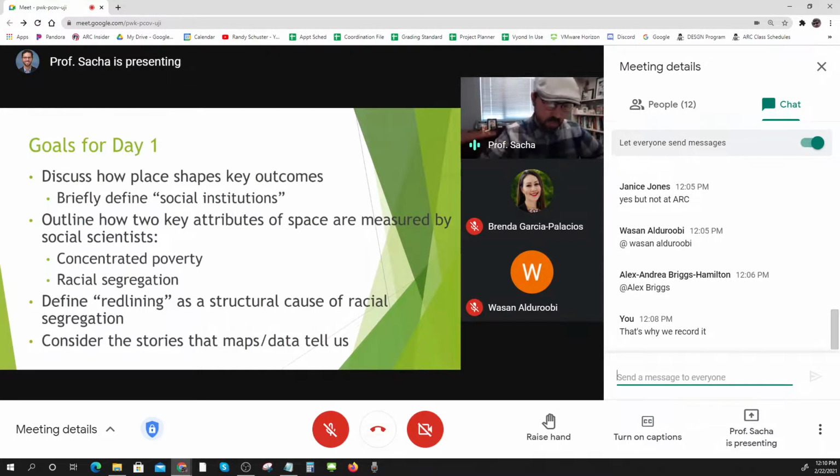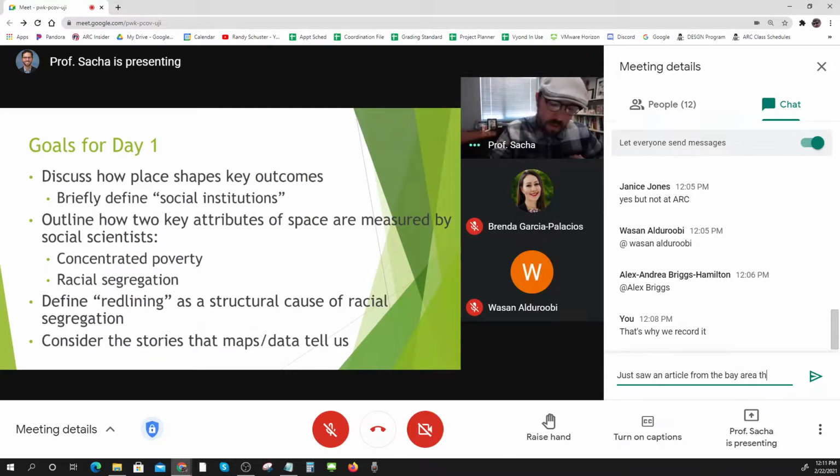So we're going to talk through some of these historical forces that have led to poverty concentration and racial segregation. We're going to get really clear on this concept of redlining, what redlining is, and how it has shaped American society, American localities, this thing we call community, the role that redlining has played in Sacramento, at least, and then of course other cities around the country, and how redlining has been addressed thus far.